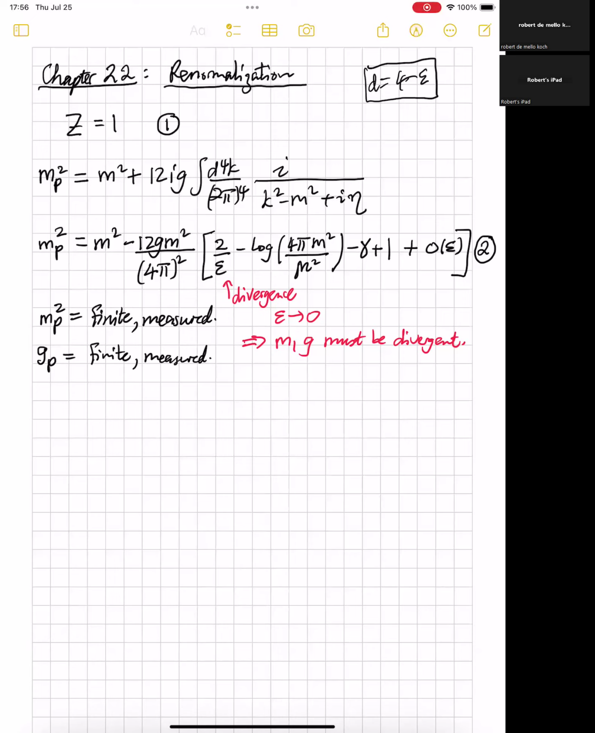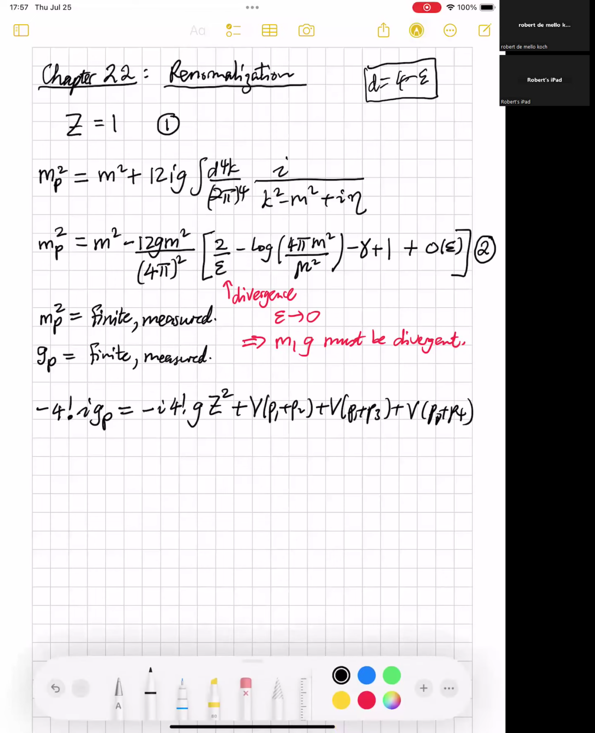What is the physical coupling? Well, we've got an equation which says minus 4 factorial i g_P, and we found that this was equal to minus i 4 factorial g times Z squared, and then we had plus V of (p1 plus p2), plus V of (p1 plus p3), plus V of (p1 plus p4). I'll tell you what this function V is in a minute, but let me just say for now that